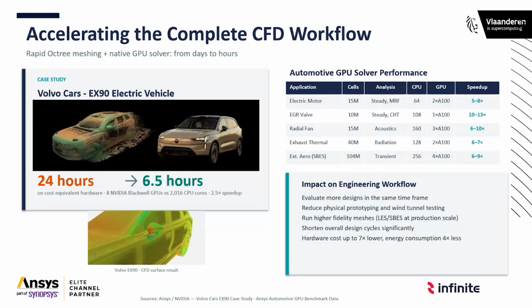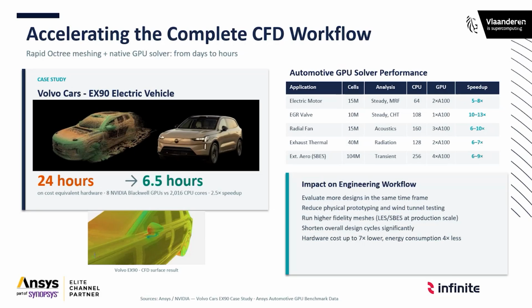We see a customer case on Volvo, the EX90 electric vehicle, where they could reduce their simulation time from 24 hours to 6.4 hours. Same equivalent hardware in terms of cost. They used the NVIDIA Blackwell GPUs, and compared to their previous cluster of 2000 cores, they achieved a speedup of 2.5 times. On the top right, we see different automotive benchmarks, but the main conclusion for all of these cases is that